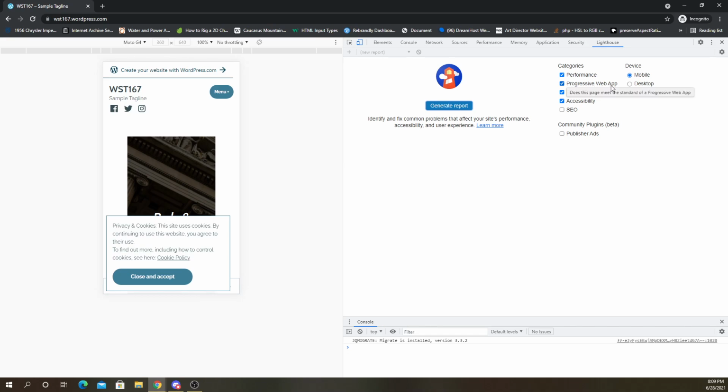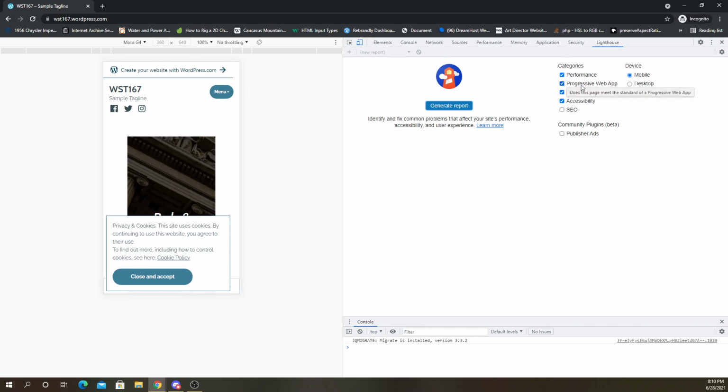When you have a progressive web app, that means people on their mobile devices, phones, can install your app just like a regular app, just by clicking a little icon in the top right corner. It'll install the website into your phone, and it'll have a little icon just like any other app. The only difference is you won't be getting it from the App Store, you'll be getting it directly from the website by clicking a little button.